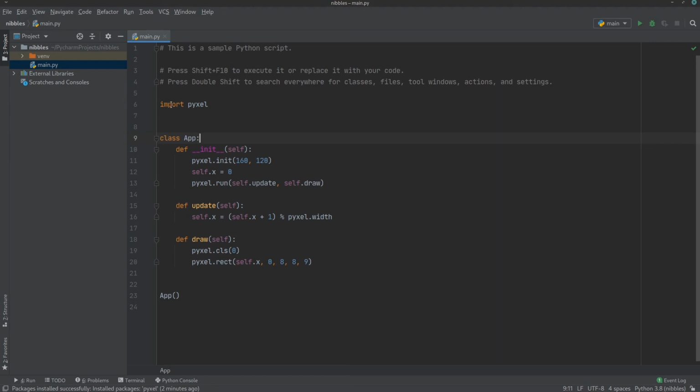Now what this does, import Pyxel, imports our Pyxel engine into our program. Class App is our main app that will run our program. You might think of it as in C++, we had our main function. It contained our main game loop. So class App, and then down the bottom we call App. That's what actually kickstarts our program. Let's put a little comment here. Kickstart